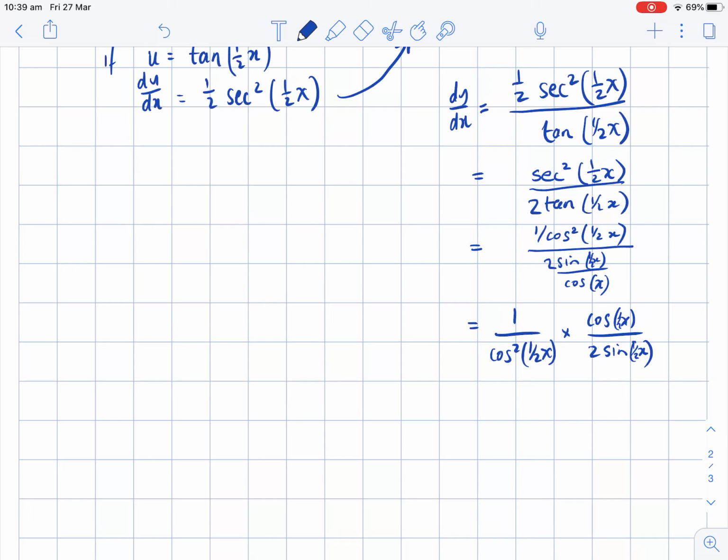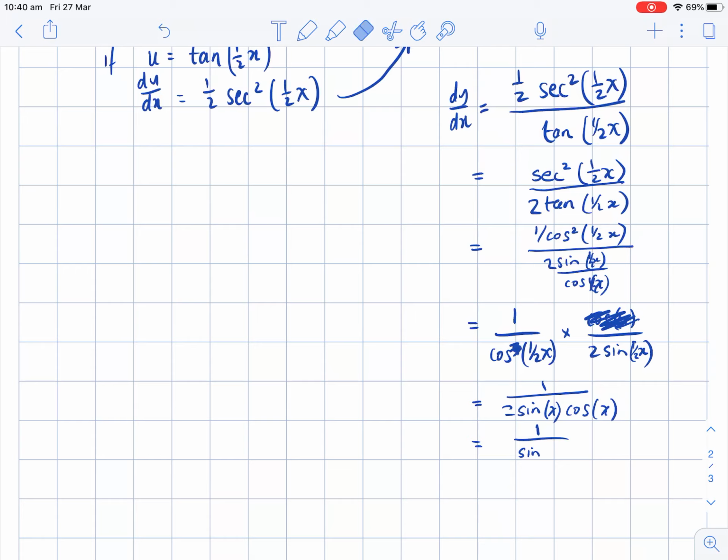I've lost my halves in here, so that's a half x, and then one of these coses cancels out with that one, and I'm left with 1 over 2 sine x cos x. And hopefully you recognise the double angle formula there. So it becomes 1 over sine,